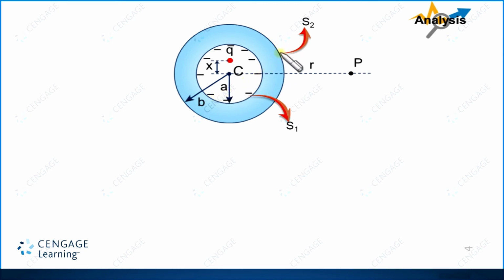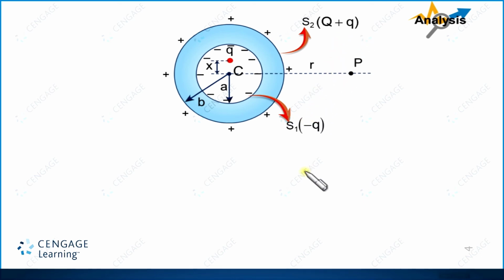But the charge induced on the outer surface should be uniform. So here charge will distribute uniformly. The charge appearing on the inner surface will have the magnitude as we discussed, small q, and negative sign, minus q. So total charge is minus q. And the charge on the outer surface: because the initial charge on the sphere is capital Q, for conserving the charge, small q will also go to the outer surface. That means the total charge on the outermost surface should be capital Q plus small q.